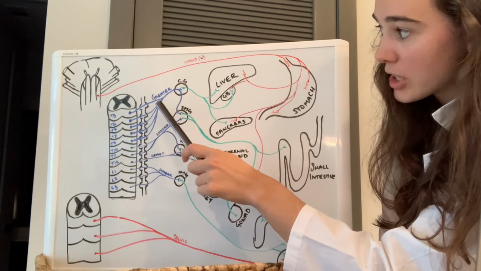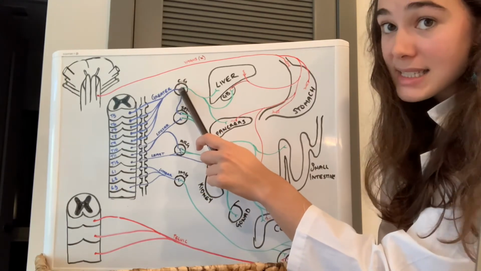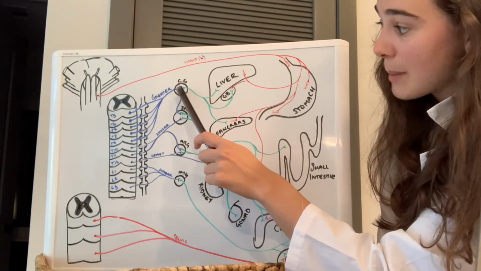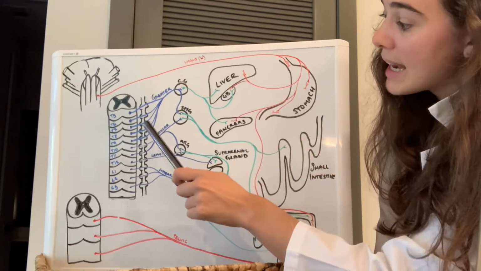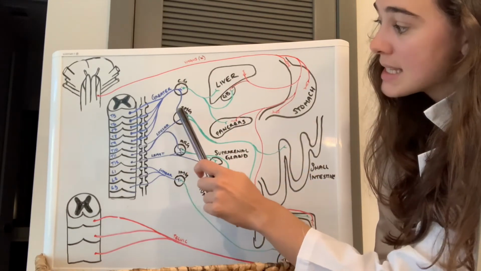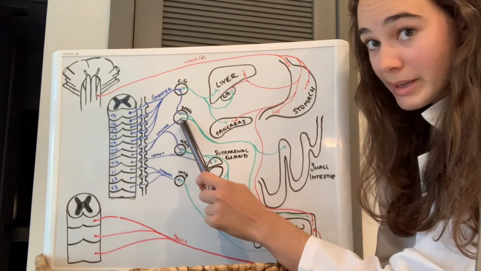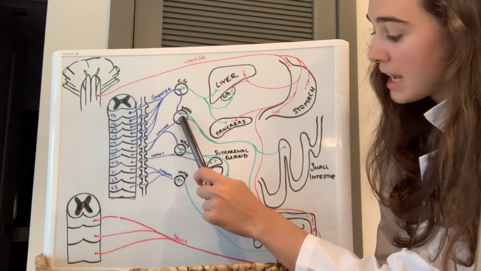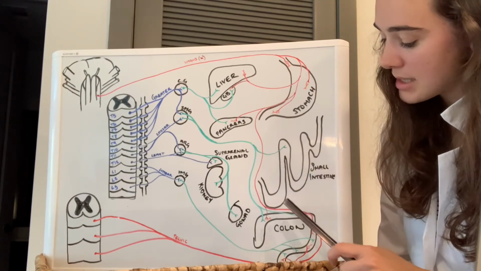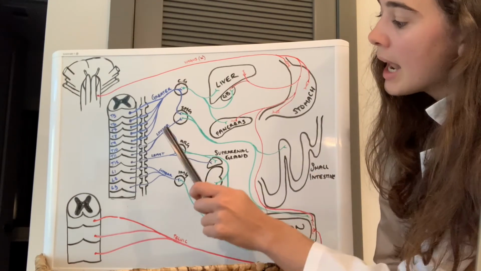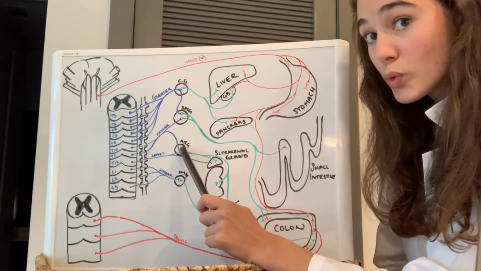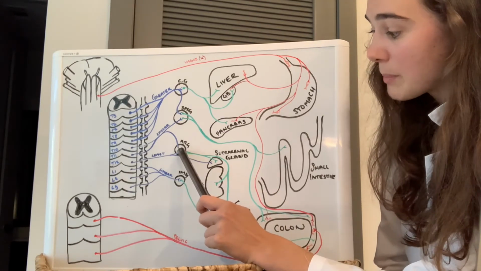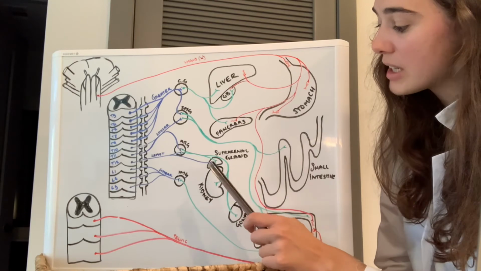The greater splanchnic nerve synapses in the celiac ganglion, and postsynaptic fibers then innervate the liver, gallbladder, and pancreas. Next, the lesser splanchnic nerve synapses at the superior mesenteric ganglion, and postsynaptic fibers innervate the small intestine and the colon. Next, the least splanchnic nerve synapses at the aorticorenal ganglion, and those postsynaptic fibers innervate the suprarenal gland, kidney,